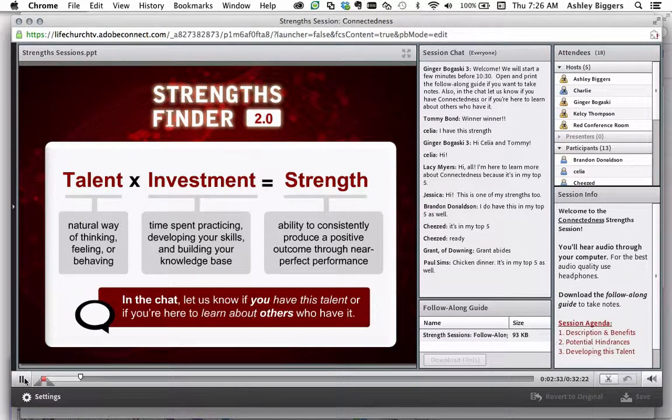If you have the connectedness talent, or if you're here to learn about others who have the connectedness talent. So we're very happy you're here. I want to just welcome the live participants, but also